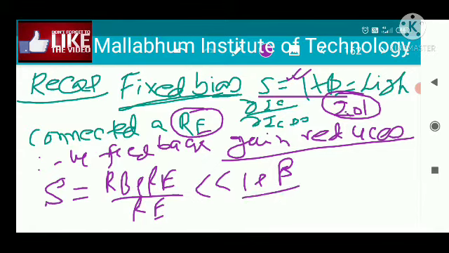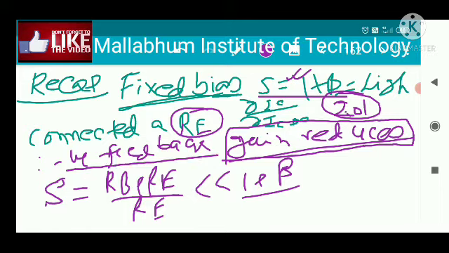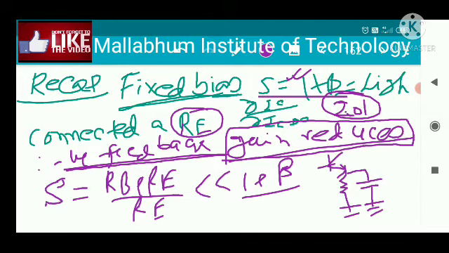But what happens whenever we connect the emitter resistance is that the gain is reduced when we connect the AC source. So as the gain is reduced, that means there is negative feedback. To eliminate this negative feedback effect, across the emitter resistance we have connected a capacitance, like this. This is called the bypass capacitance. Just by connecting the bypass capacitance like this, we have eliminated the negative feedback problem. So that is all about the fixed bias circuit with the emitter resistance, so that we can improve the stability of the circuit.